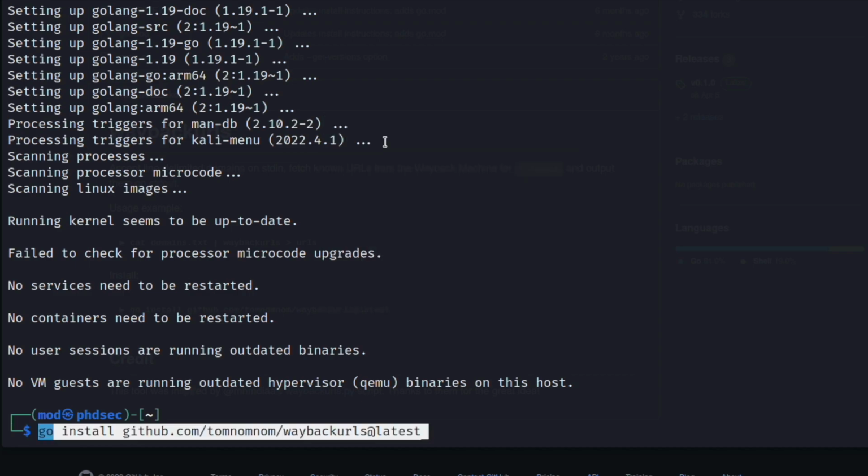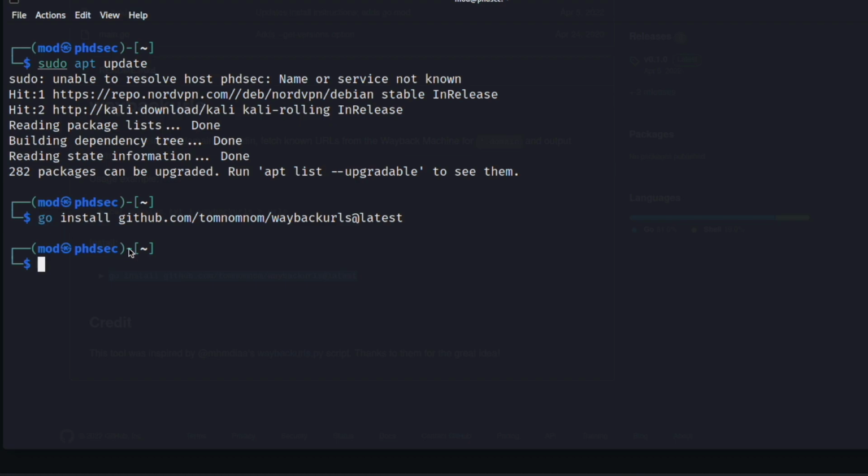We can paste this in, and I think we're going to have to run this as a sudo. Okay, so when I ran it with sudo, it didn't work for me. So when it actually installs the proper way, it's going to run just like this, and you're going to see nothing in the output. And then what you're going to want to do is cd over to the go bin, and it's going to look like this. Then you'll hit enter, and you're going to automatically come into the directory like this. And then if you ls, you're going to see the waybackurls